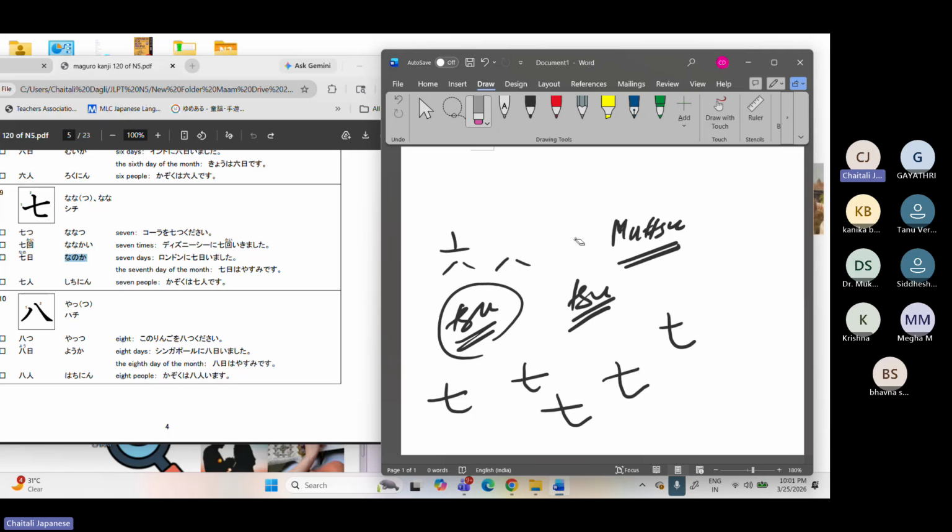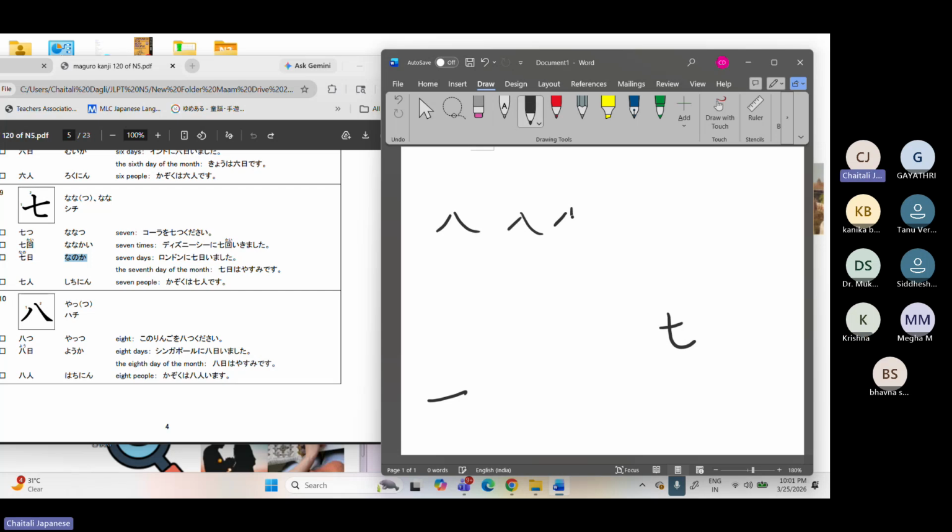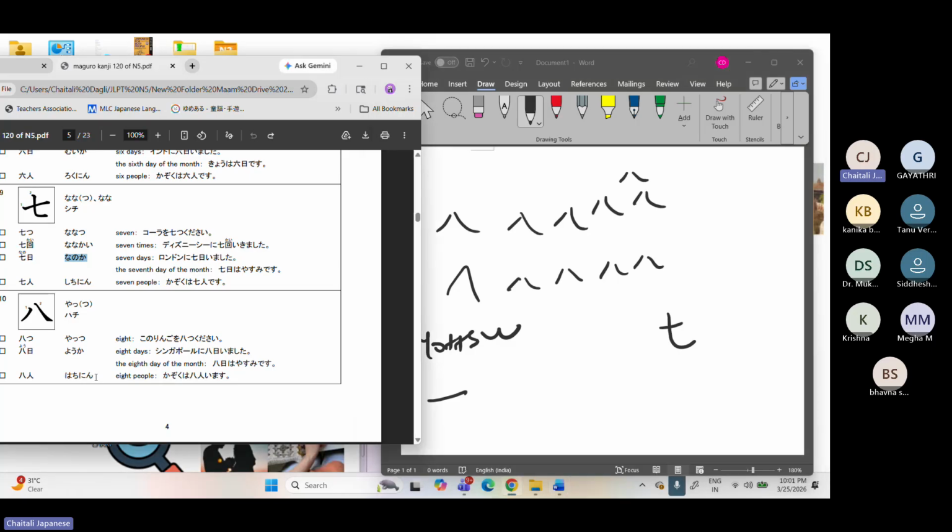I hope everybody is with me. Everybody is understanding. Yes, ma'am. Yes. And the last one is hachi. So 1, 2, 1, 2, like a mountain. 1, 2. Okay. So this is your 8. Yotsu, yokka, 8 days, and Hachinin, people. Okay. So these are your 6 to